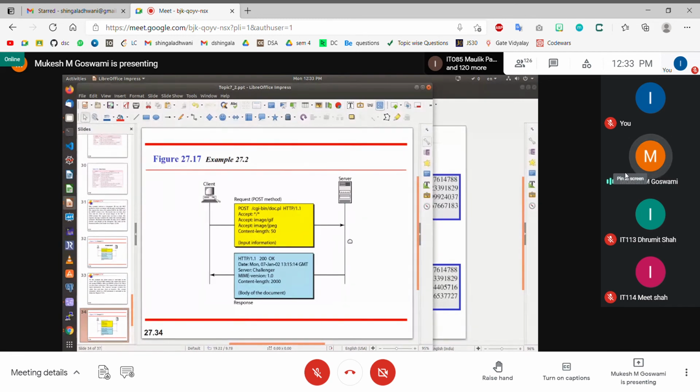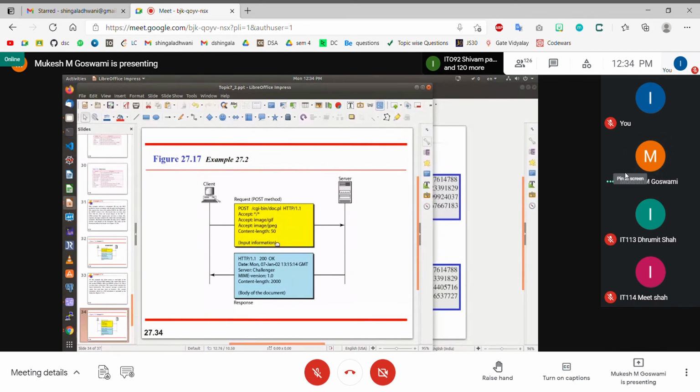Now what will this do? It will execute the script. When the request goes to the server, the server will execute the script doc.pl, generate the HTTP response, and that response is handed back here. But you see that inside this POST method, the content length is equal to 50. What does a content length of 50 mean? That there is some content. For example, this doc.pl is a script that accepts the username and password, and then based on the username and password, it gives you the home page, or the result page, right?